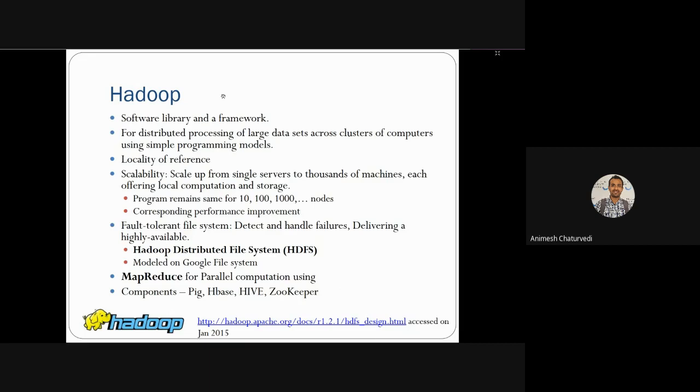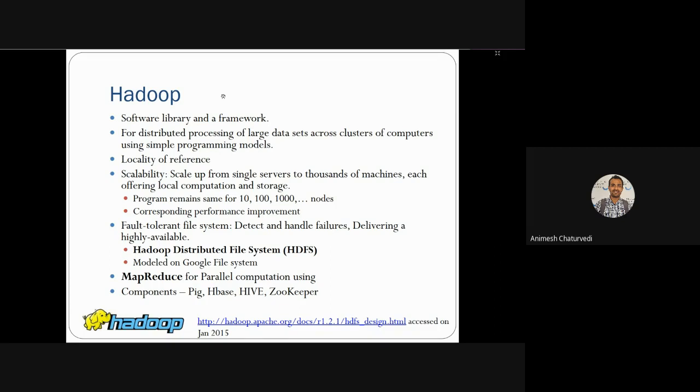So the software library and framework of Hadoop is basically Java, and it has locality of reference for distributed processing of large data sets across a cluster of computers using a simple programming model.